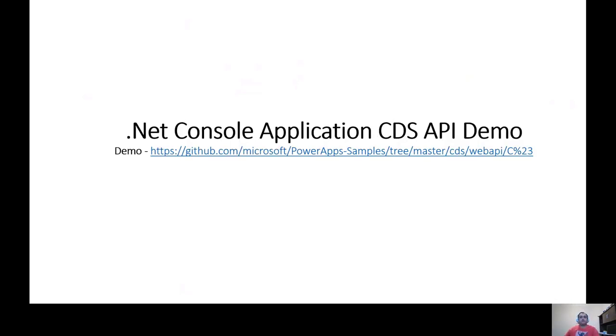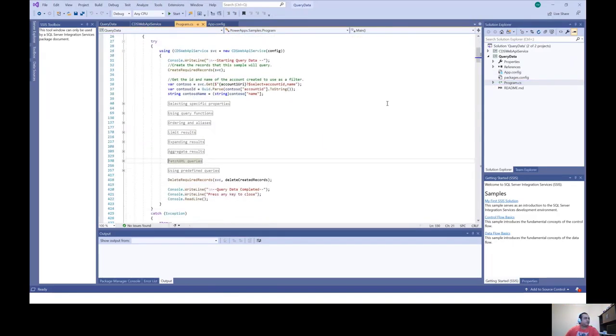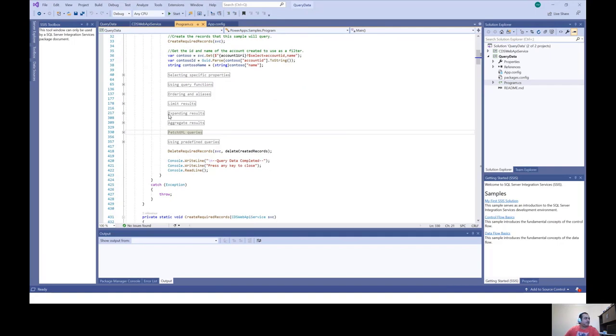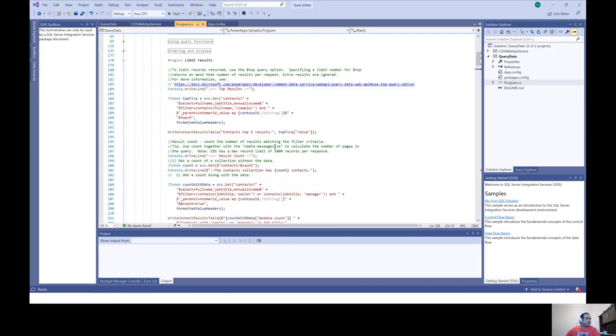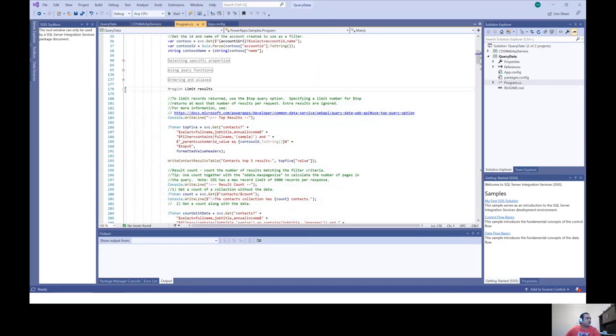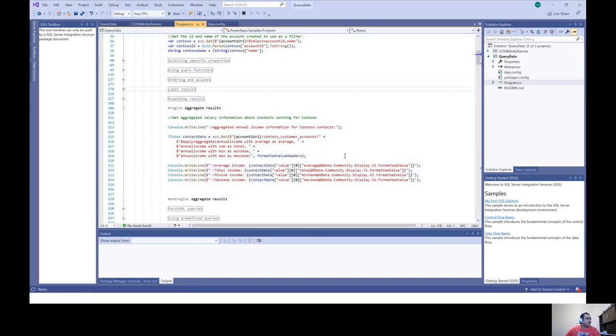So with that, let me move on to the .NET application for retrieving data. Here, if you see this program, it's a pretty straightforward program, but you can pass expand, you can do limits if you want to get only the top records. I can specify ordering. I can apply aggregates.